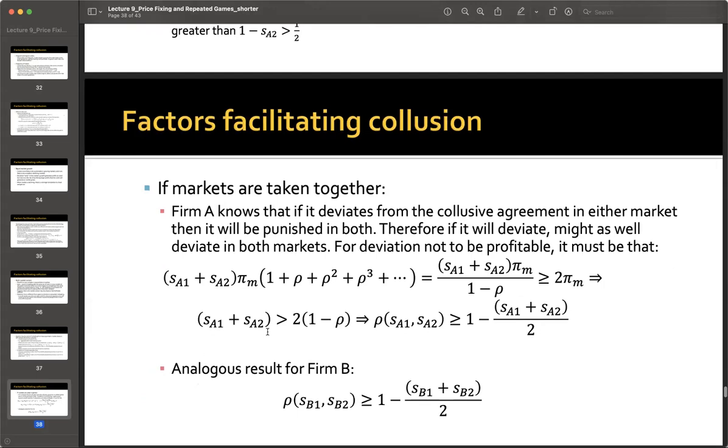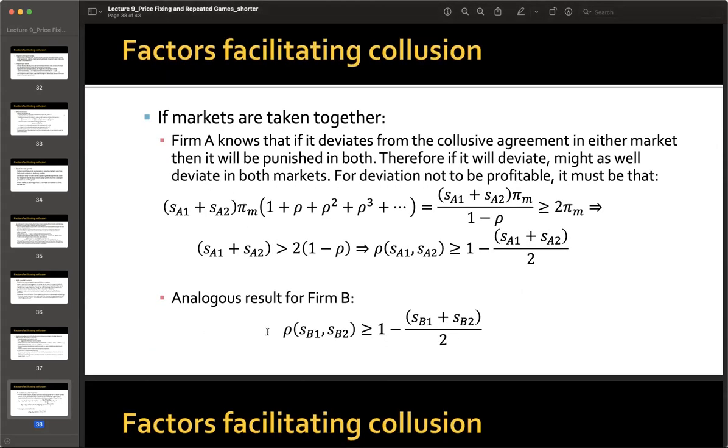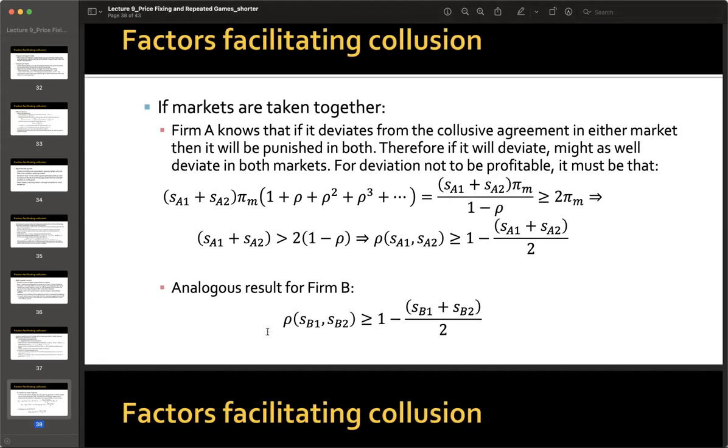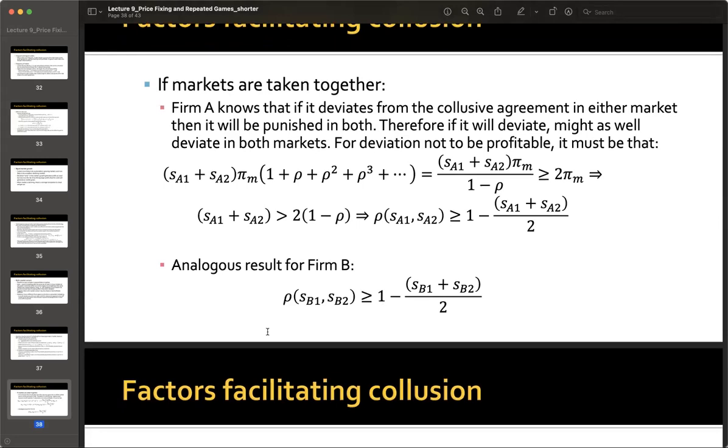If markets are taken together, then firm A knows that if it deviates from the collusive agreement in either market, then it will be punished in both. Therefore, if it will deviate, might as well deviate in both markets. For deviation not to be profitable, it must be that SA1 plus SA2, okay, pi, which is this, which is this, okay. So we just, again, simplified this second part here and kept SA1 plus SA2,